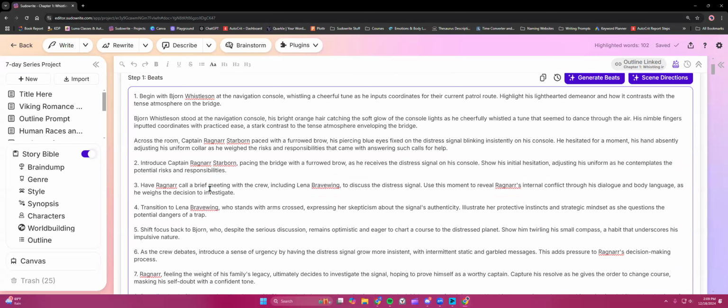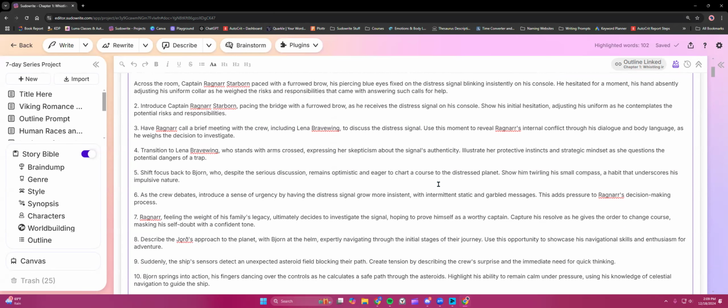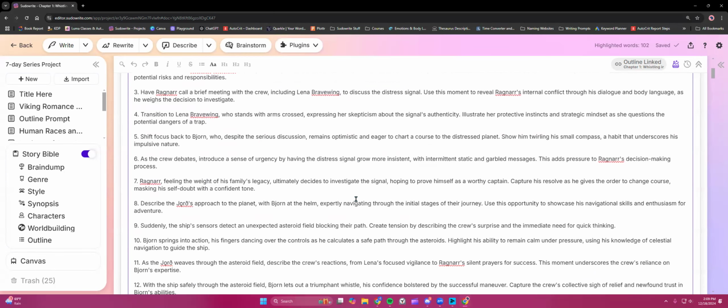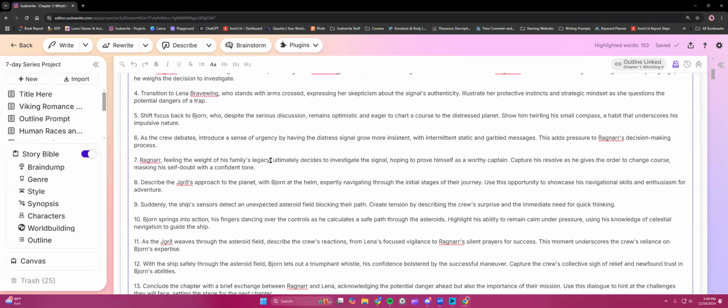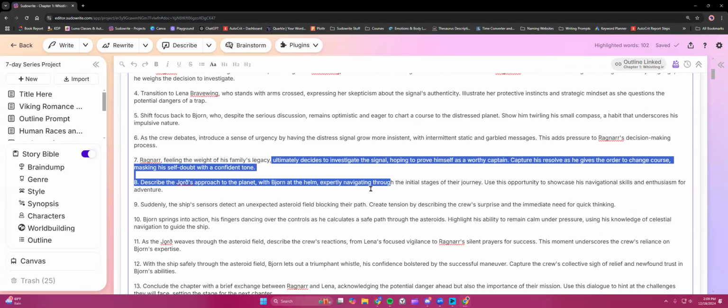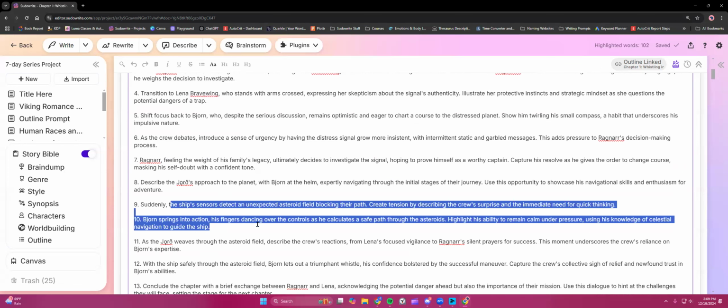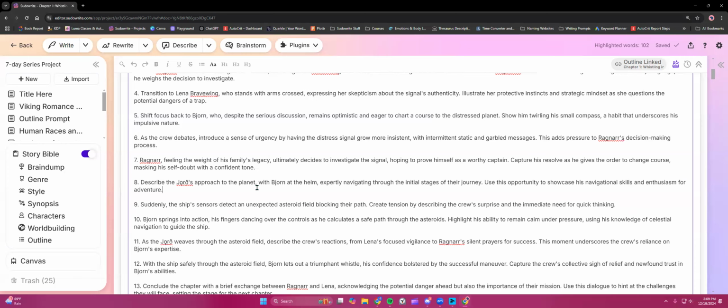And let's see. I'm just trying to look right here. Okay, so they decide to investigate the signal. They're approaching the planet. However, right here, they hit the asteroid, so they didn't actually arrive, but I'm 90% certain that the AI is going to have them arrive here because, again, it's trying to do its job. You said, hey, they're approaching the planet, so it's like, all right, they're here, let's go. Let's have them meet the inhabitants. If you don't want that to happen,